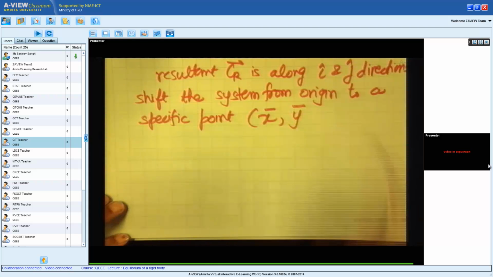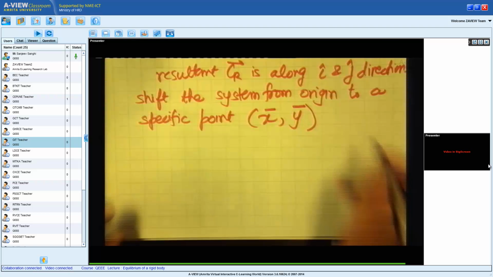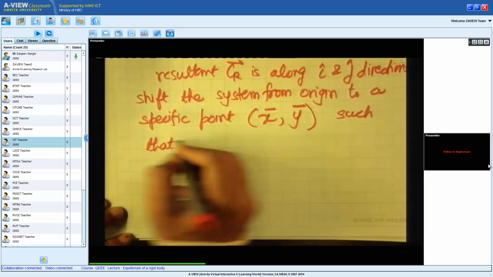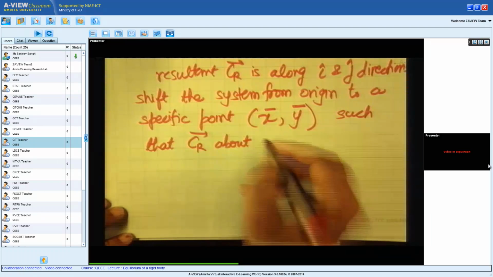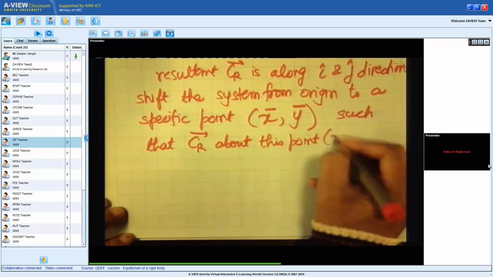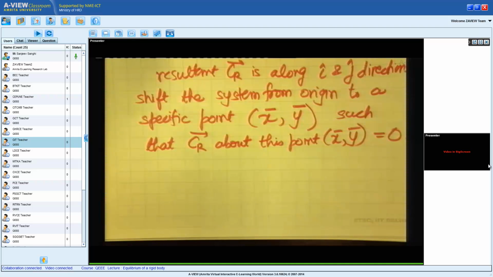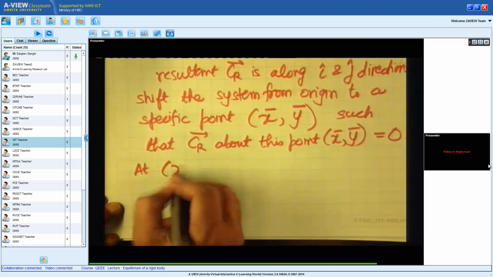It is not a line of action. Let's say it is x bar, y bar, such that Cr about this point, x bar y bar, is equal to 0, and therefore at the point x bar y bar,